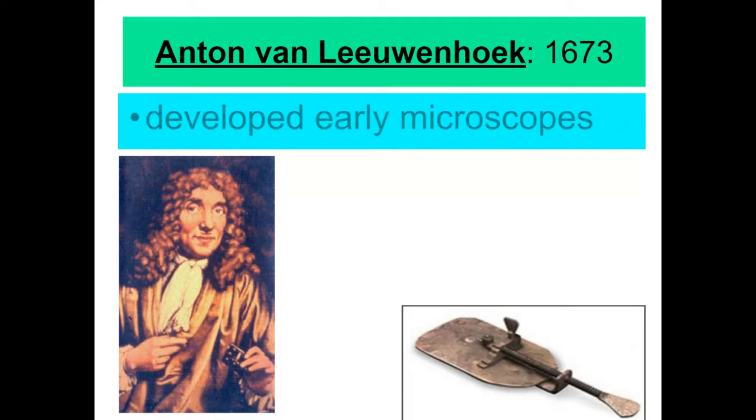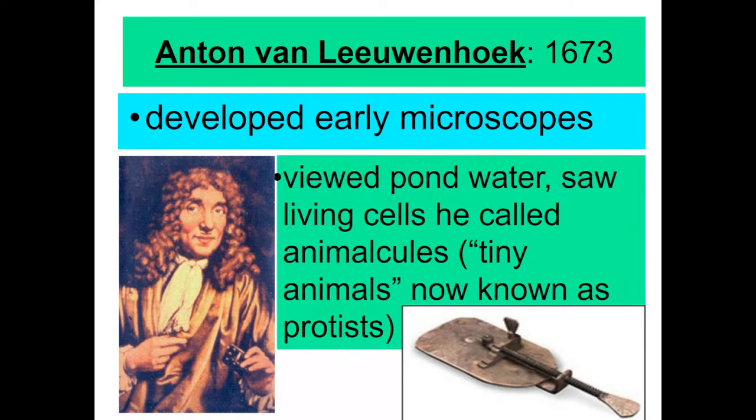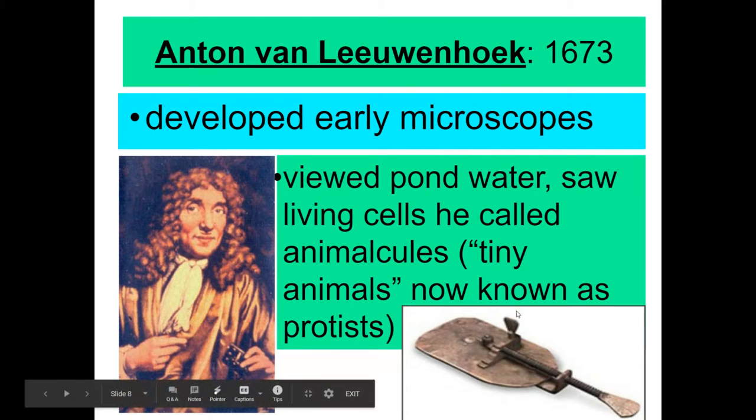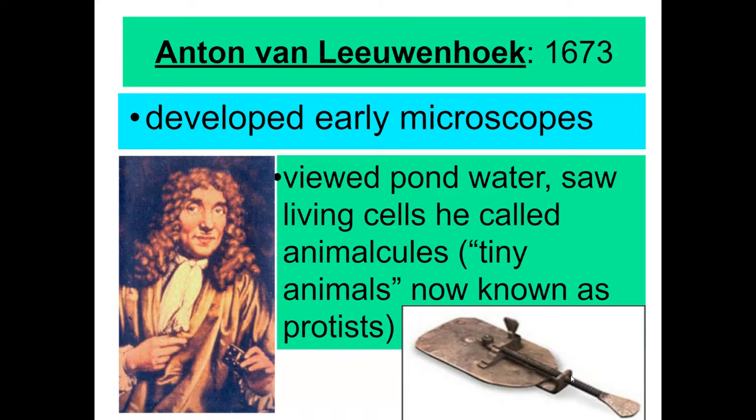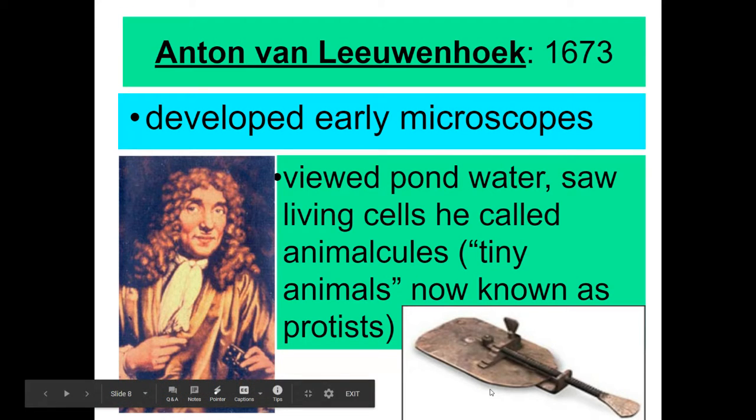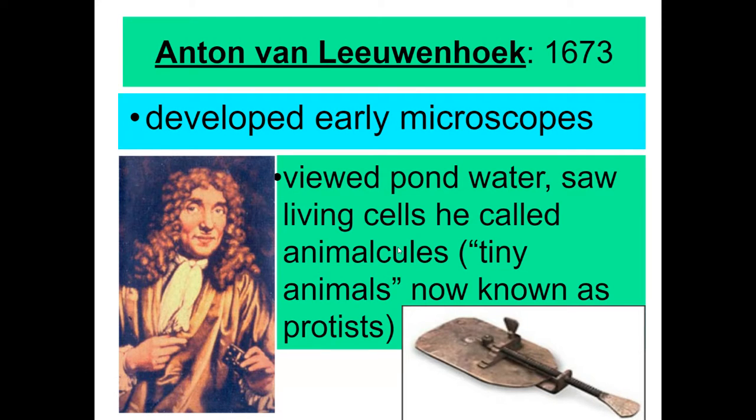And then we had in 1673, Anton von Leeuwenhoek, who also invented and developed early microscopes and improved on the structure and function of the microscope from what Hans and Zacharias had. And so his microscope looked like this. And again, associate this image with Anton von Leeuwenhoek, because this little tiny thing was able to view living cells for the first time. And not only that, he was able to view